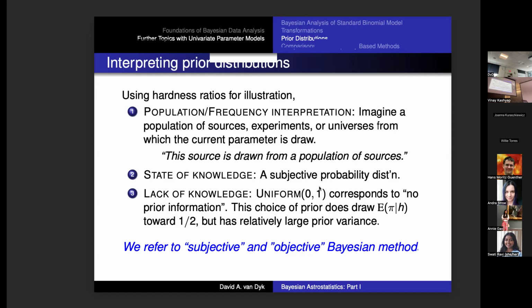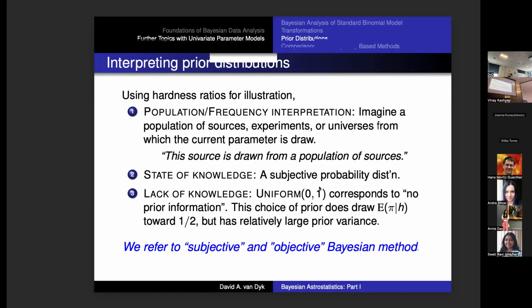You don't want to say anything at all, more than you absolutely have to. So you might have a prior that tries to quantify a lack of knowledge. A uniform distribution corresponds with no prior information. We'll see if we believe that or not, but that's one way you might think of it. The choice of prior distribution,